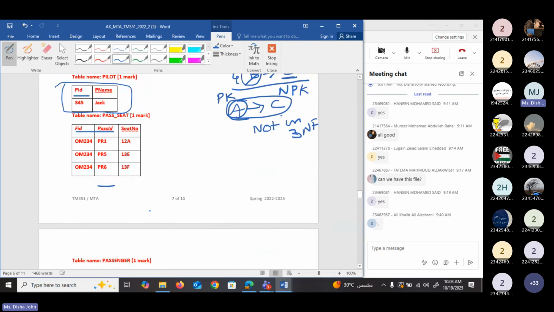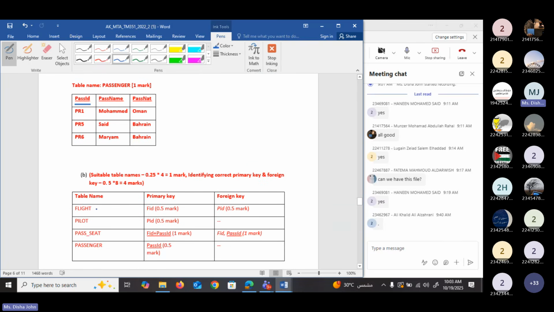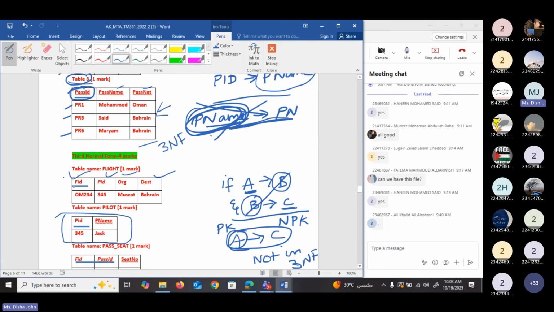Okay. So what we need next, here we have to write the table name like flight, pilot, passenger seat, passenger. You can give any suitable name for the table, and then you have to write the primary key of each table, and then you have to write the foreign key. So look here, in the first table, the primary key is flight ID, and actually here there is no foreign key.